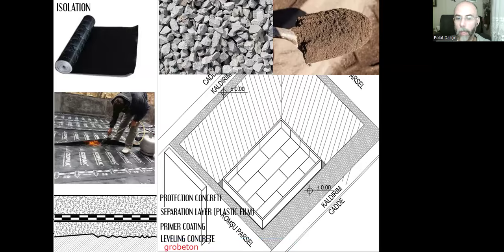And over that, since there are coarse aggregates, we don't want to place our membranes. We need a smooth surface. We create leveling concrete. It's düzeltme betonu in Turkish. And over that, we apply primer coating. It's liquid bitumen, astar in Turkish. Over the liquid bitumen, we place our bitumen sheets, waterproofing sheets, and over that we have a separation layer,